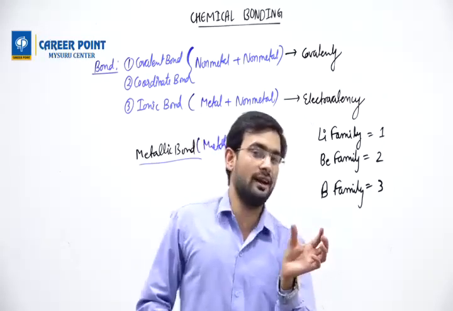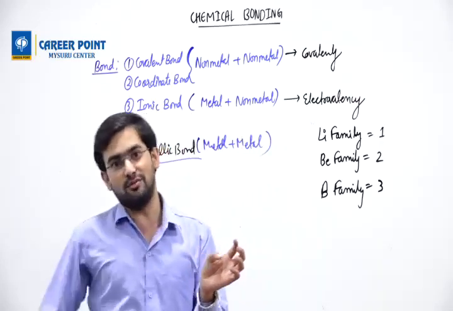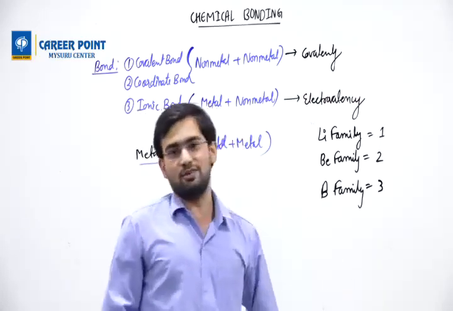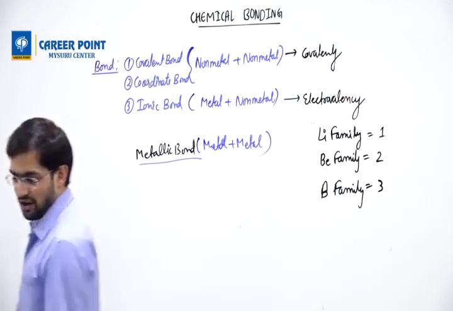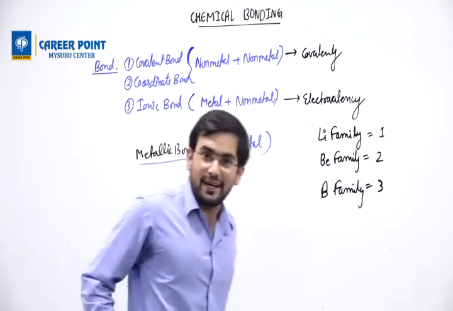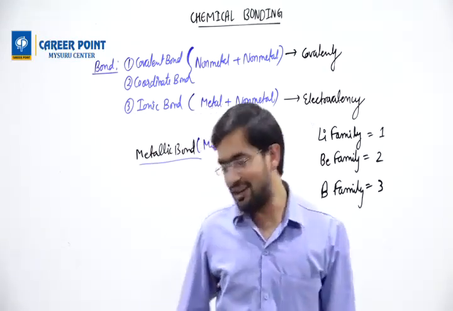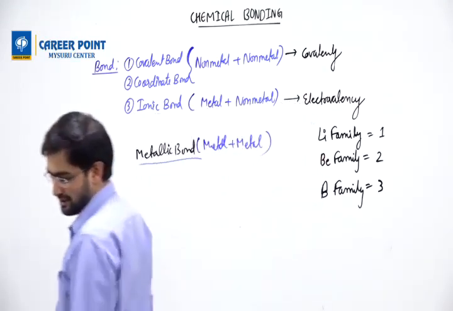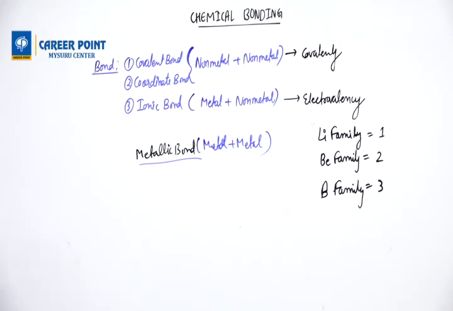The next one is beryllium, bracket, all the elements of beryllium family, bracket close. Next, boron family, bracket, all its elements. Do this task fast, and don't look in the periodic table. This work is done without looking in the periodic table, so that we can understand how much you have memorized it.